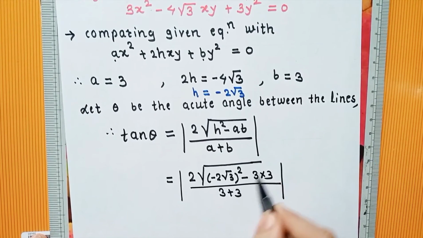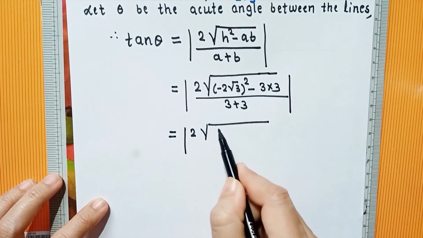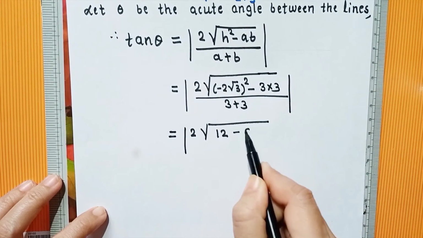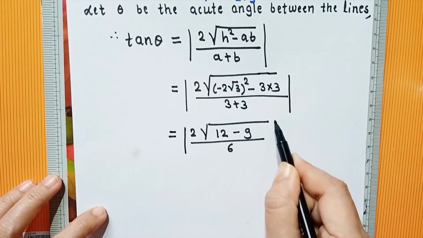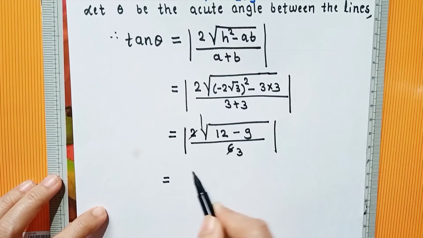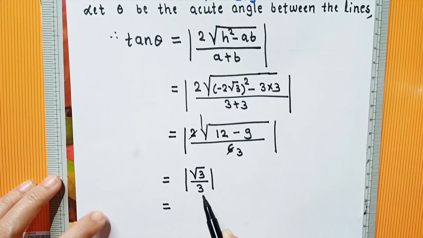So again in the next step, simplify this. Square of this is 4 3s are 12 minus 9, this 3 3s are 9, and upon 6, then 2 1s are 2 3s are, and again 12 minus 3 is root 3 upon 3, and so final answer is,